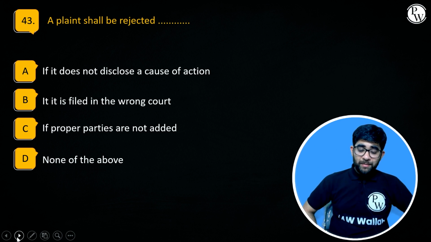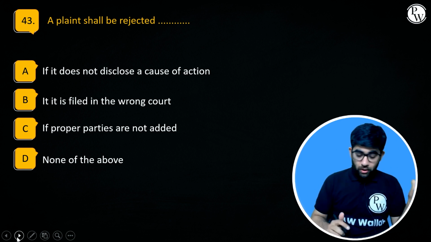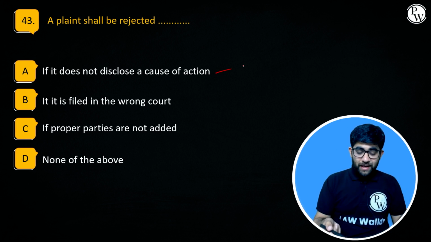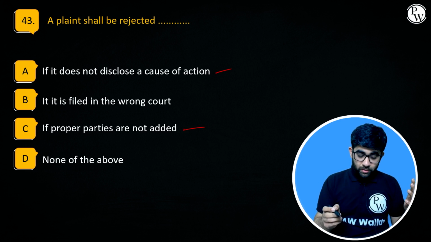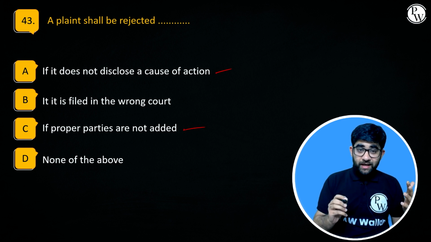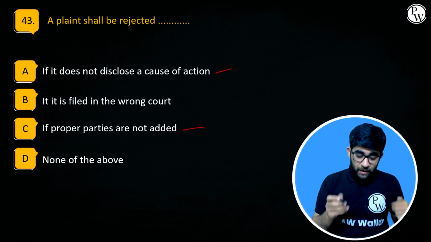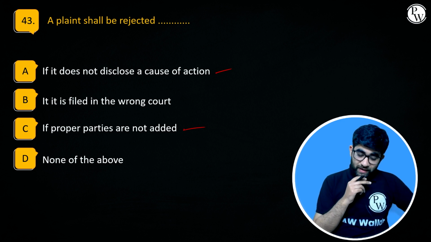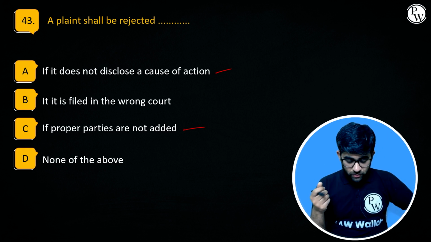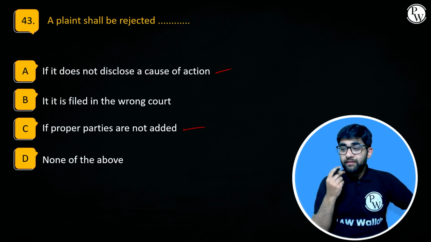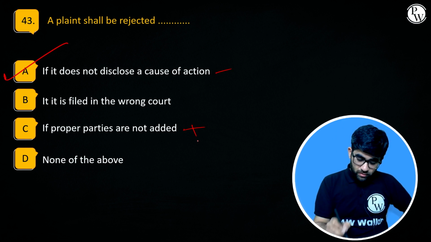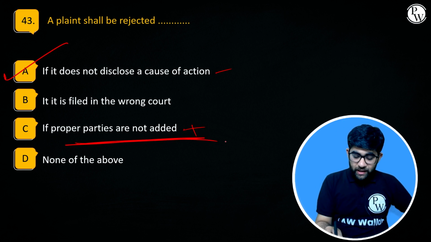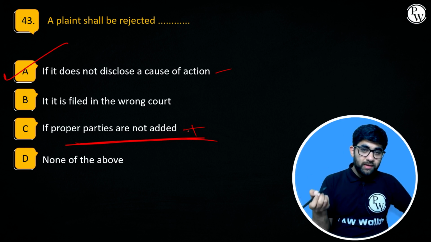Next, a plaint shall be rejected if it does not disclose the cause of action. True. If it is filed in the wrong court, if proper parties are not added, be rejected. Rejected and returned. This is a confusion, right? So if it does not disclose the cause of action, it should be rejected. Should be, it is correct. The 43 is definitely A. If proper parties are not added, it will be given time to